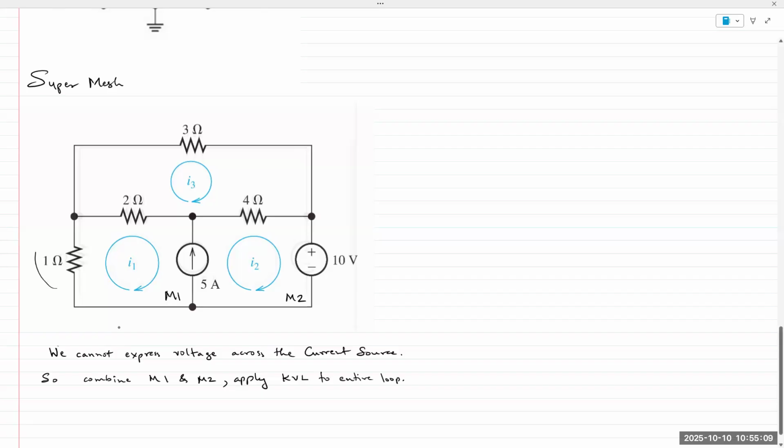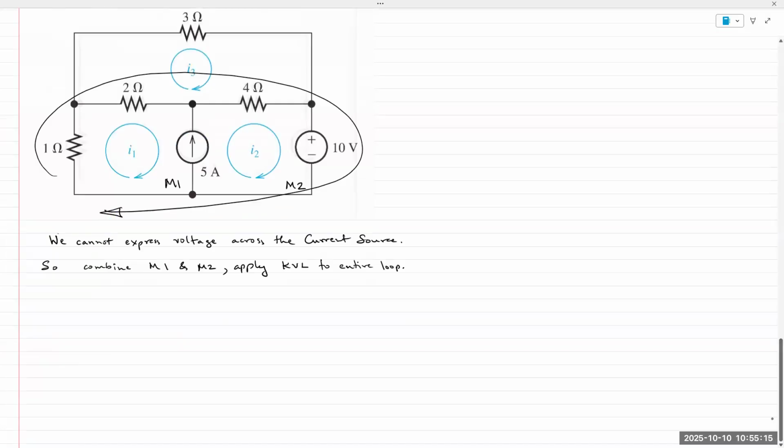We apply KVL around this loop. The only thing to keep in mind is when you apply KVL, the mesh currents still remain the same. So you have I1 on the left and you have I2 on the right. Those remain the same. If I apply the combined KVL, I have